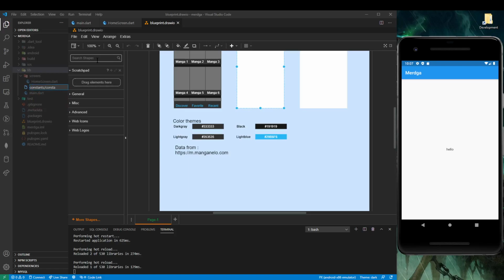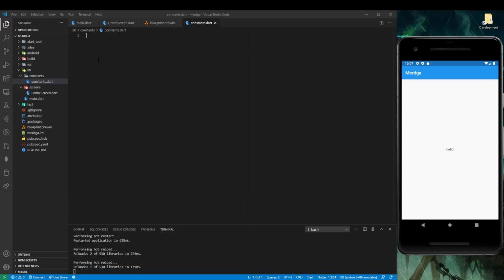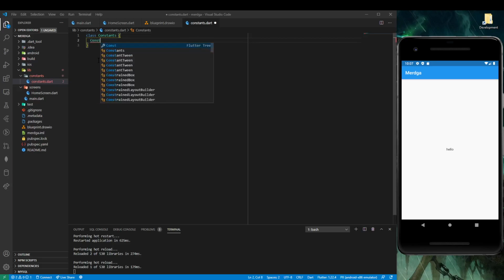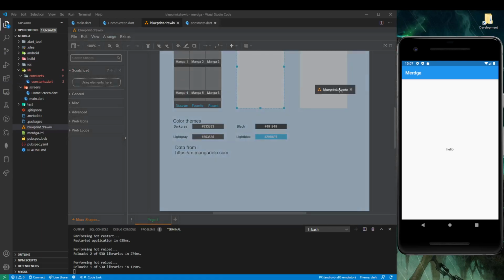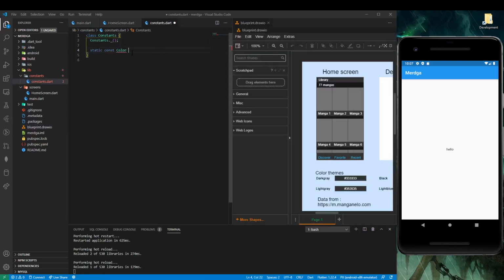Constants, not spelled wrong, constants.dart, and I'm just going to give it a class of constants, and an empty constructor of constants. And what I want is to declare a color property. Actually, let me do this side by side so it's easier to see. So color, and I'll just call this dark gray, and it'll be Color dot